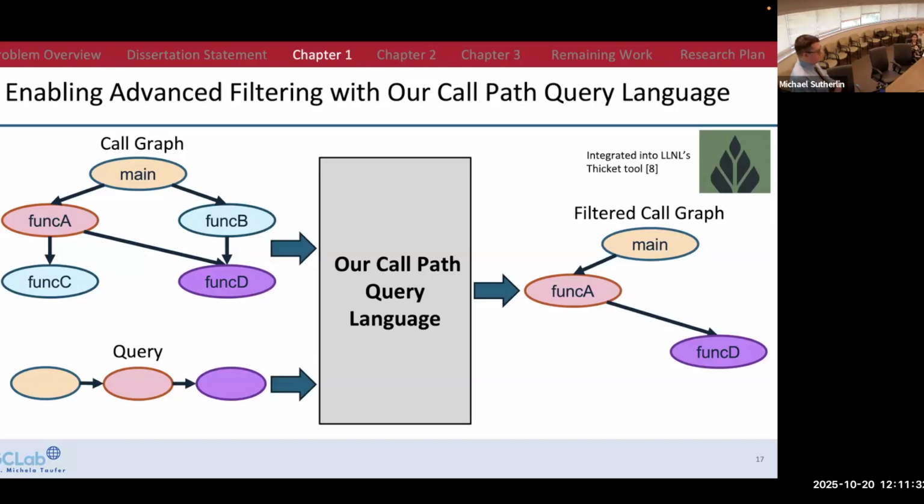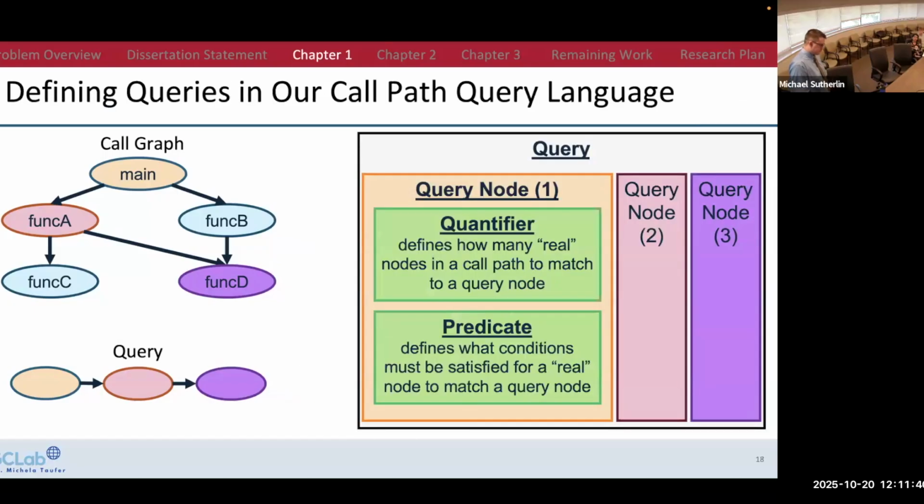But to understand how it works and why you might want to use it, I want to talk some about what queries actually are and how they're composed. And I want to talk about the algorithm to apply these queries to data. To start with composition, our queries in general are abstract descriptions of paths in a graph. You can think of it as a regex for paths. In that sense, a path in a graph is a sequence of vertices. Our query is similarly a sequence of query nodes, as shown on the right.